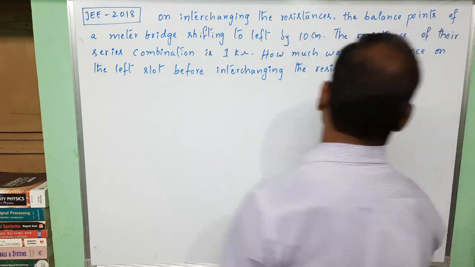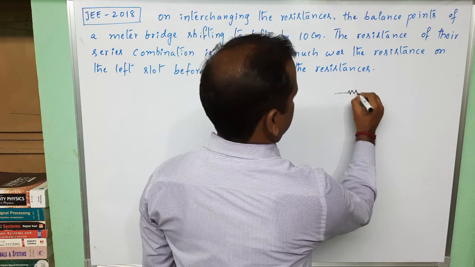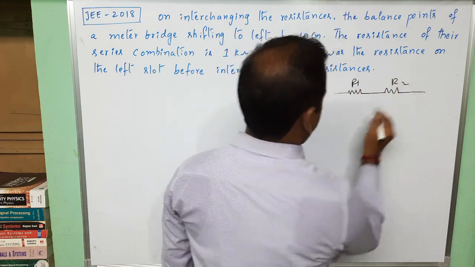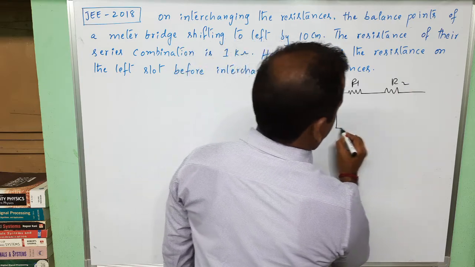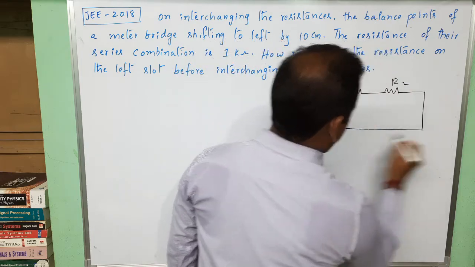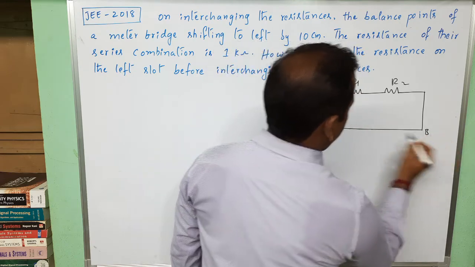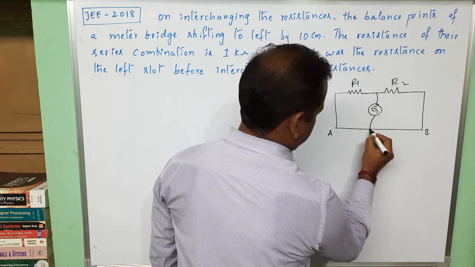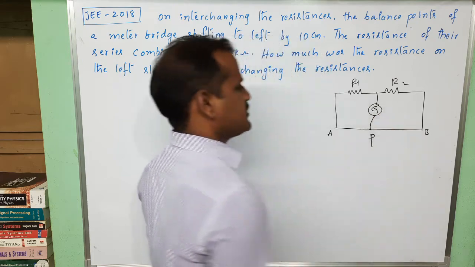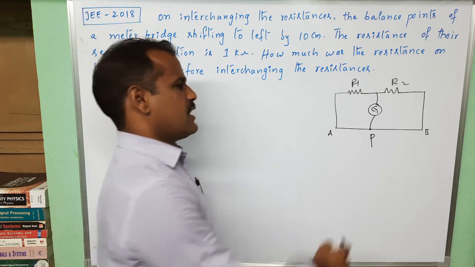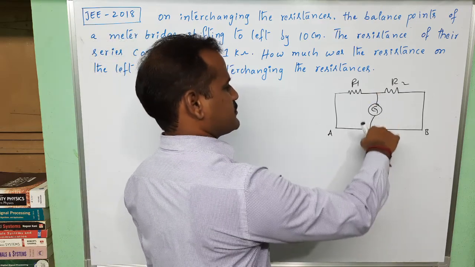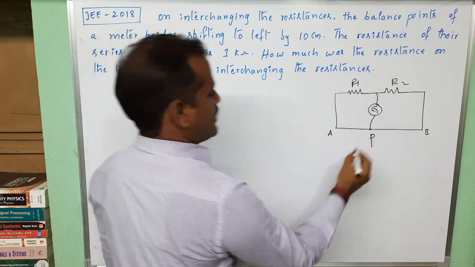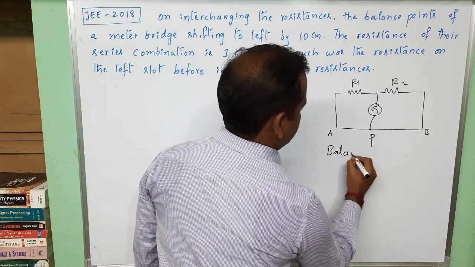First, let us recall the concept of the meter bridge here. It has two resistors like this, R1 and R2, and a 100 centimeters wire. Let us take the points A, B. The galvanometer is connected to this wire at some point P, where the balanced condition of the meter bridge occurs, under which there will be no current flowing through this branch, so that we can observe the null deflection of the galvanometer. What is the balanced condition of this meter bridge?